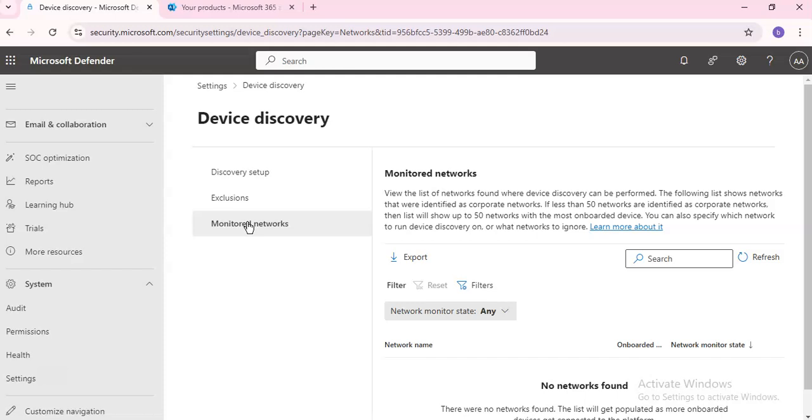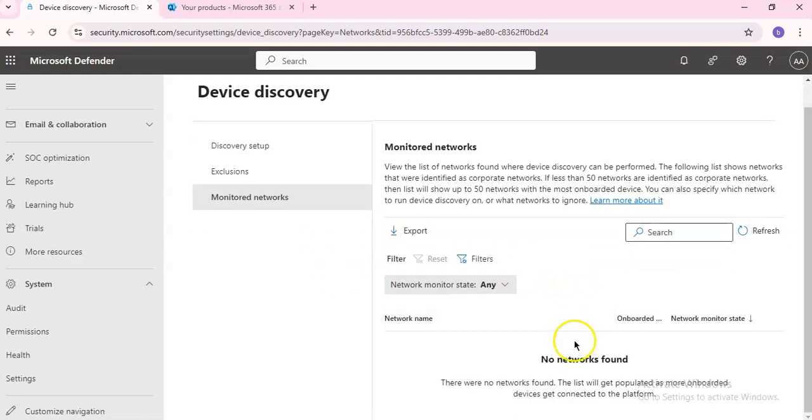You can configure where device discovery can be performed by specifying which networks to monitor. So there are no networks found because I don't have any. This is my test tenant, or a lab tenant. You can also configure the network monitor state. You can explore devices in the network